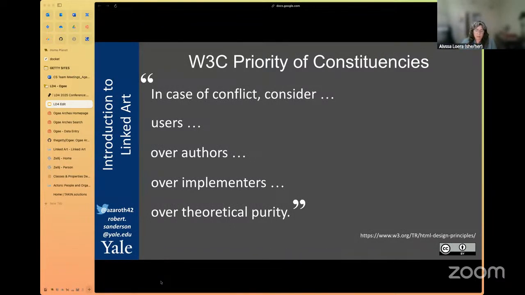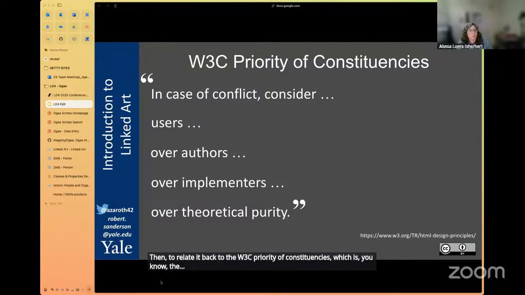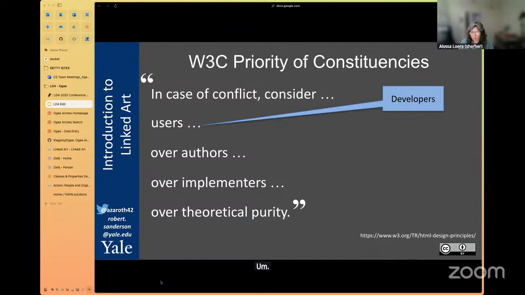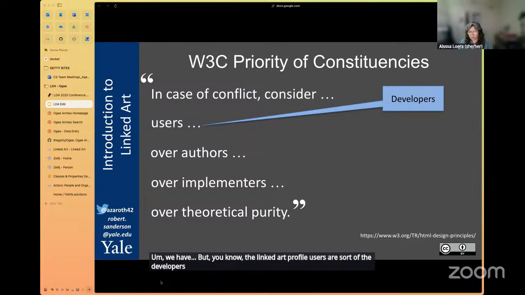And to relate it back to the W3C priority of constituencies, which is the W3C's guidelines for creating web pages and web experiences, this is sort of how it could map. We have the Linked Art profile users, who are sort of the developers, but there's also other constituencies to consider.